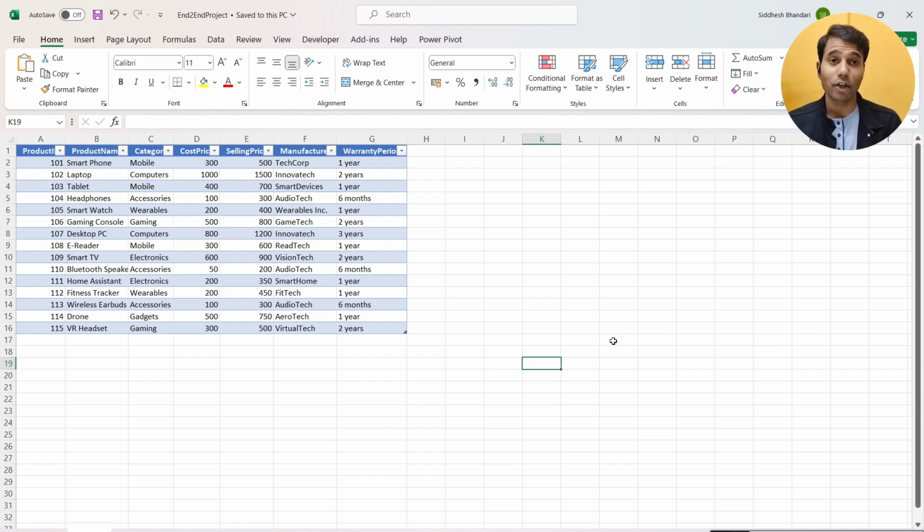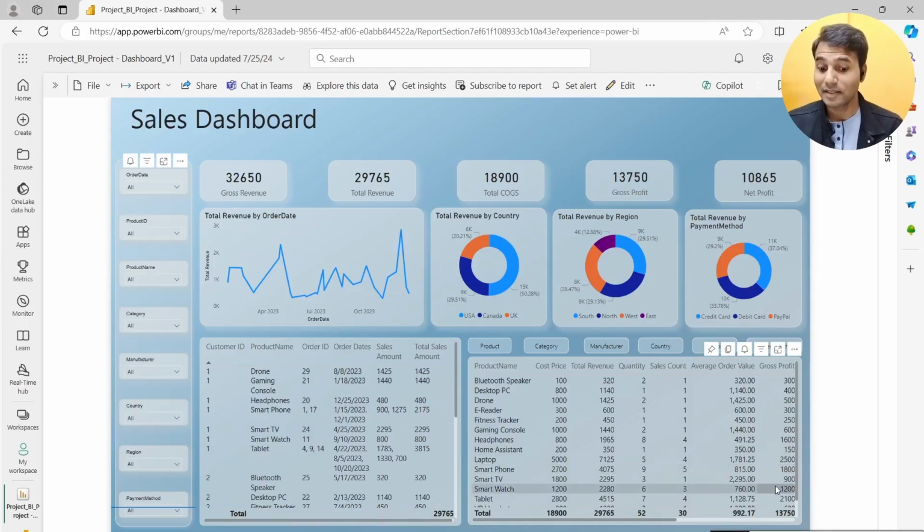But hey, what's the point of doing all that analysis if you're not going to use the best feature of Power BI, which is visualization? So what we had initially was simply rows and columns of product and sales data, and it is now going to look something like this. This is the dashboard that we are going to build by the end of this video series,